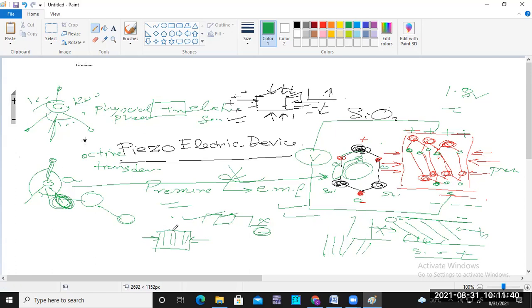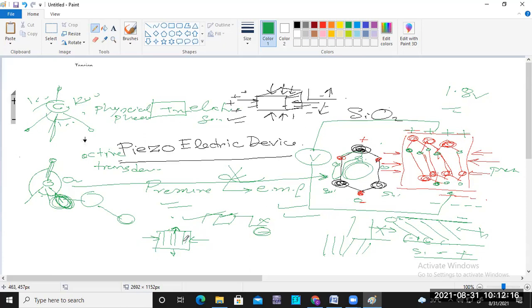So in shape, it will enlarge up to a few millimeters. And again, if you release the power, then it returns to its initial condition. Again, if you provide some electric power, again it will enlarge up to a few millimeters. So rapidly, if you apply electric power and remove it, then it becomes compressed, and sometimes it becomes tensile. So actually it becomes vibration.